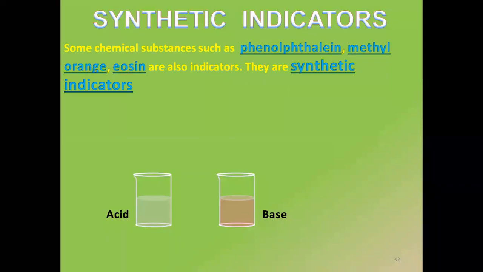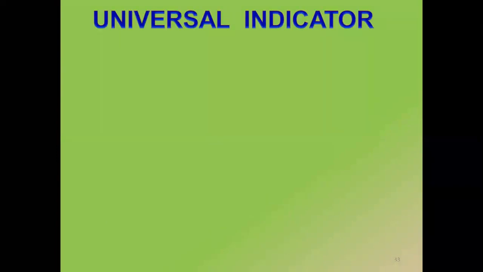Apart from phenolphthalein, we have certain other indicators like methyl orange and eosine. We have studied all this in 8th standard. We all know about these indicators. We also studied their chart of what color change is applicable to each solution. But this year, you don't have to study all this in detail. It is just a revision because I want to teach you about pH. So synthetic indicators are chemical substances, and their color change helps us identify which is acid and base.